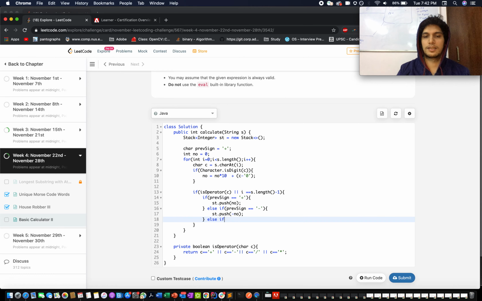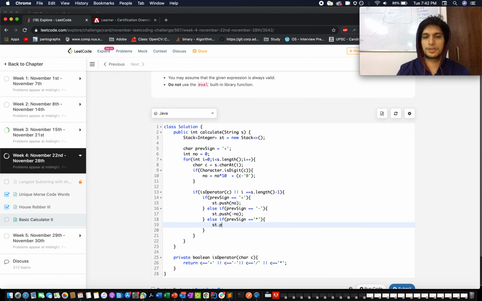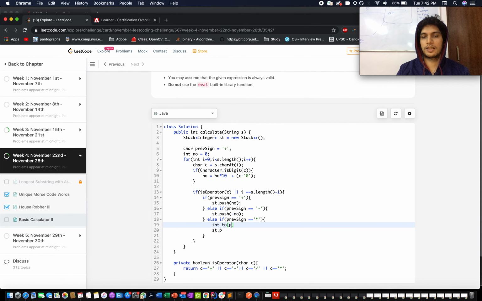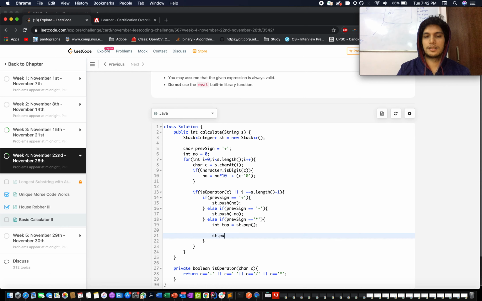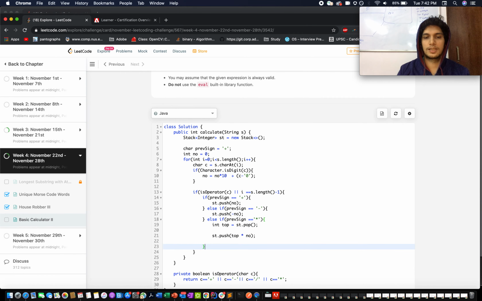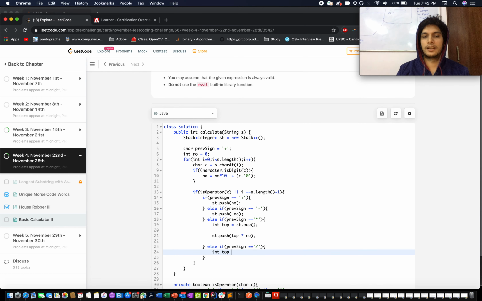And else if the previous sign equals multiplication, let's pop out of the stack the topmost element, st.pop, and let's push top into current number. And the last case is else if the previous sign equals division, you get the topmost element of the stack and st.push top by number.